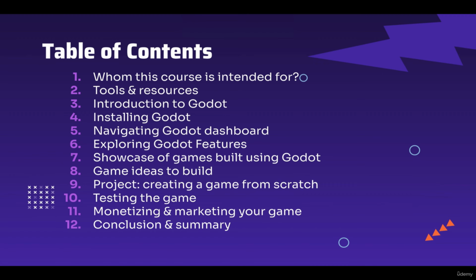So we're going to talk about effective marketing strategies that you can implement to reach more audience, reach more people to notice your game and potentially purchase your game, right? So that's chapter 11. Let's move on to the next one here, chapter 12, which is the last one, conclusion